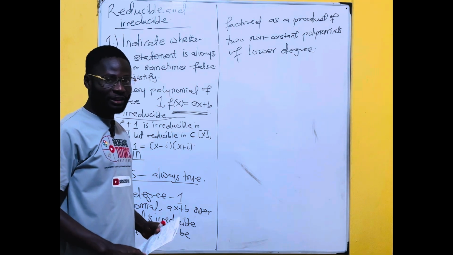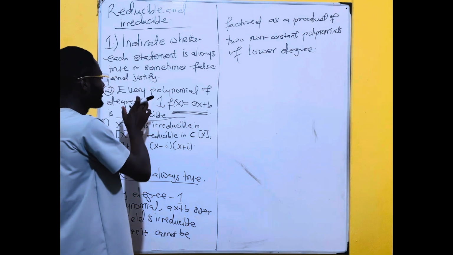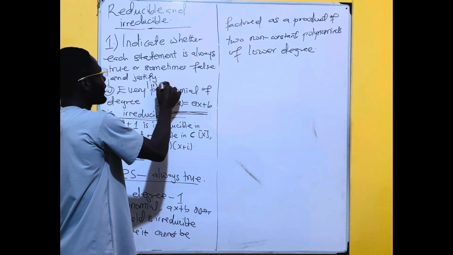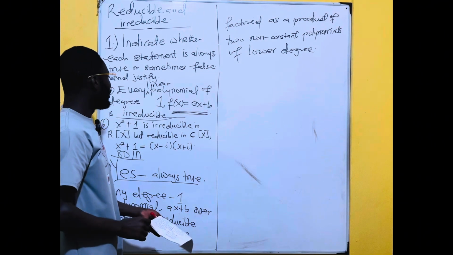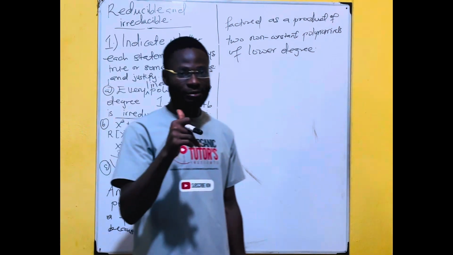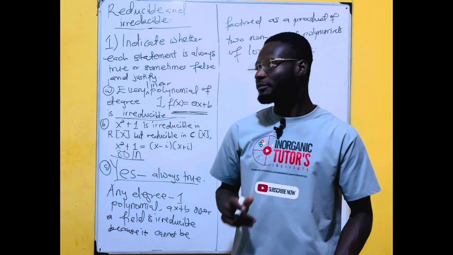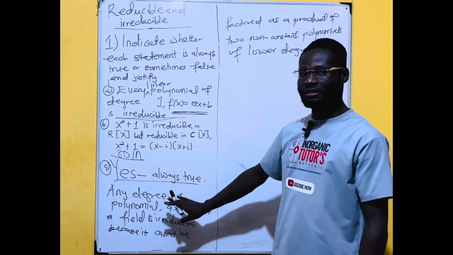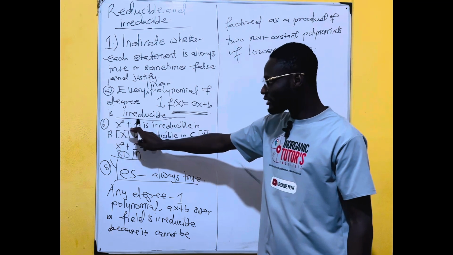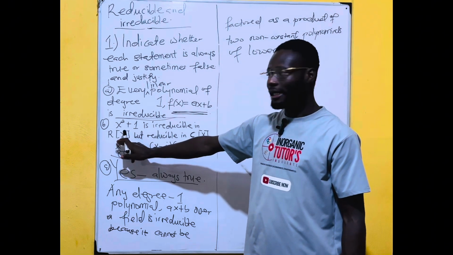Now, I believe you are good with the A. So put it in your mind that every linear polynomial of degree 1 is irreducible, and that is perfectly yes. So it is yes, always true. So this is the justification: it cannot be factored. Now, the B part says that x squared plus 1 is irreducible in real polynomials,